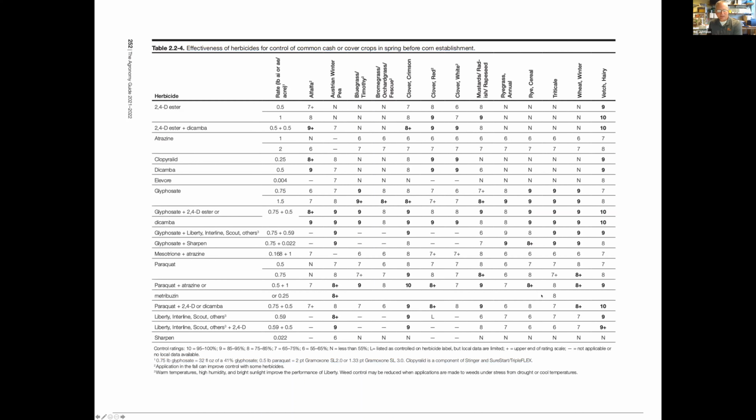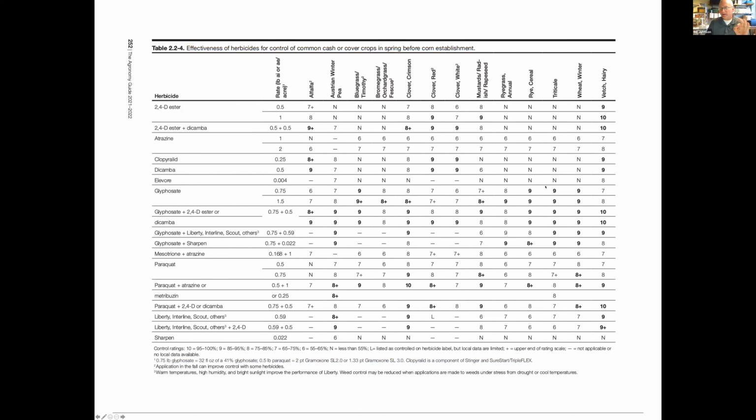So again, I think terminating the broadleaf cover crops in front of corn is relatively easy. But if you have to do a follow-up treatment, there's a number of different things that you can use post-emergence in corn. Most of them are going to be dicamba or Liberty-based that are going to help finish them off if that's what you need to do from the standpoint of controlling broadleaves. Grasses, on the other hand,